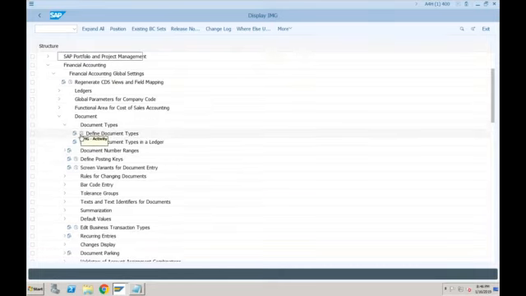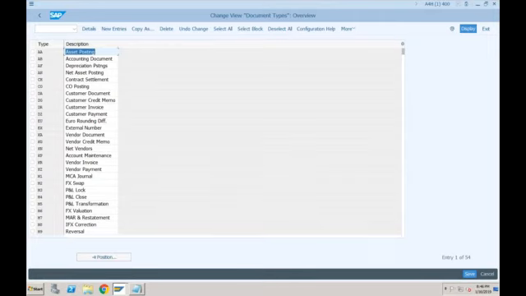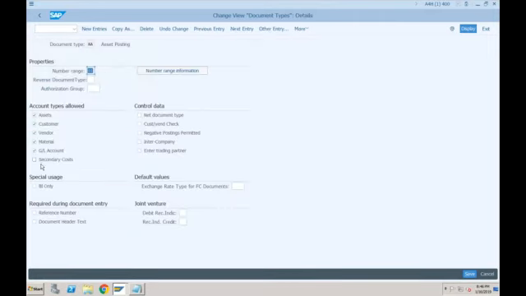Let's go to the document, and within the document there is one new thing. If I go to document types, the functionality is as it is, and if you double click on the document type, whatever you are able to see is also the same. The only thing is there is a new field added here called secondary cost. And you know the answer why it is added. It is added because the secondary postings will also come to FI via the document types. And one more thing, special usage for BI only.